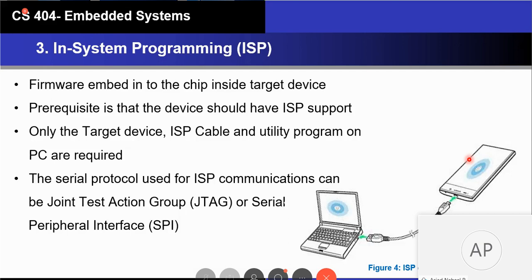In ISP mode, the firmware is there in the memory but not live. It is residing in the memory as bits and bytes. But a USB cable can connect it to the computer, and the computer can access the code memory inside the target device byte by byte. So in ISP mode, the computer can access the code memory directly inside the device and reprogram it. Without ISP mode, that is not possible because the firmware will be alive. So that is what ISP mode means. I think it is clear.